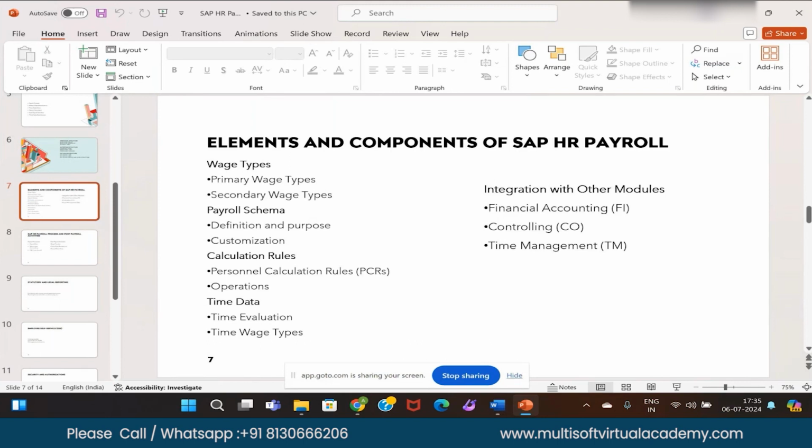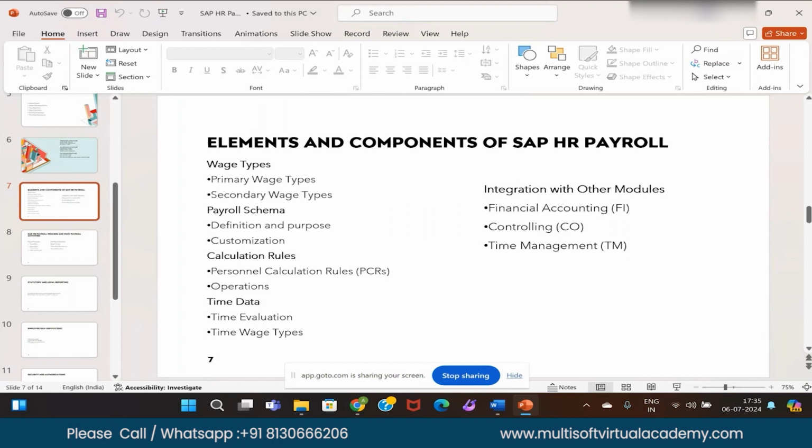Then, if you have given certain instructions to the system as per the defined schema, the system will pick up only those employees as per your instructions, and the system will run the payroll in the backend.